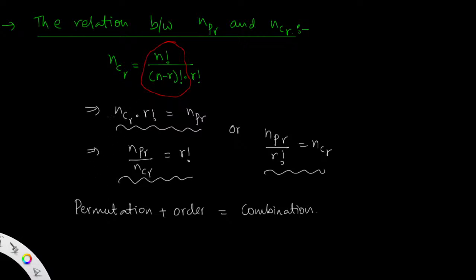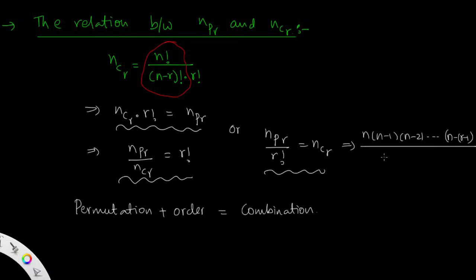So NCR into R factorial is nothing but NPR, and then the value is NPR by NCR equal to R factorial, or else NPR by R factorial equal to NCR. That is why we can write this formula as n into n minus 1 into n minus 2 and so on up to n minus of R minus 1, divided by